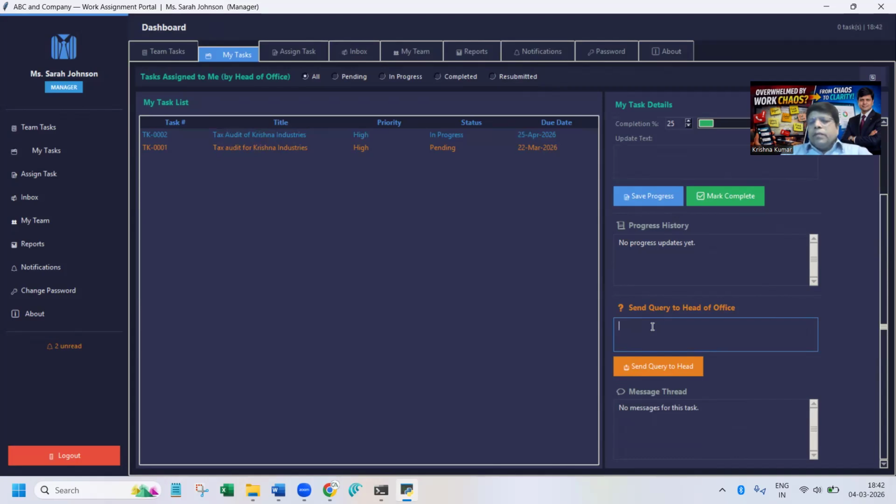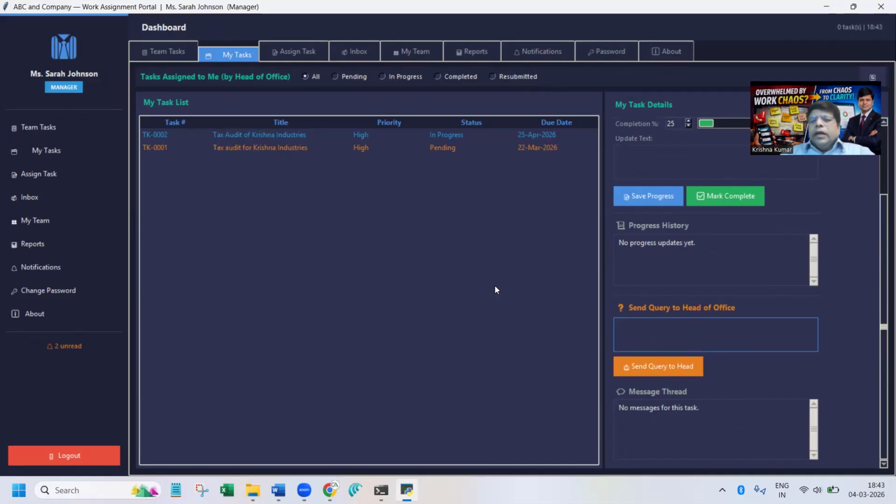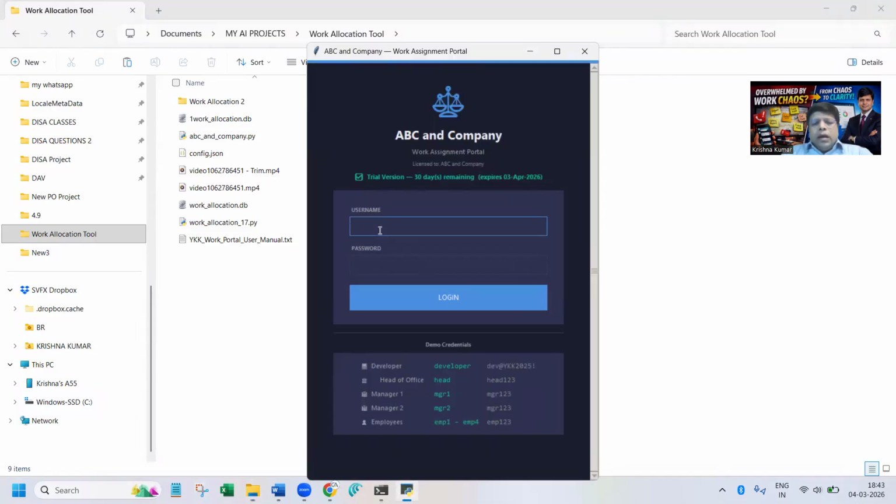So send a query. For example, let us say, can you please send me the contact details of the accountants of the client, Krishna Industries, whatever. So he can send the query to the head. The query has been sent to the head of the office, right? So he can do that. So if I log out, and log in with the head of the office